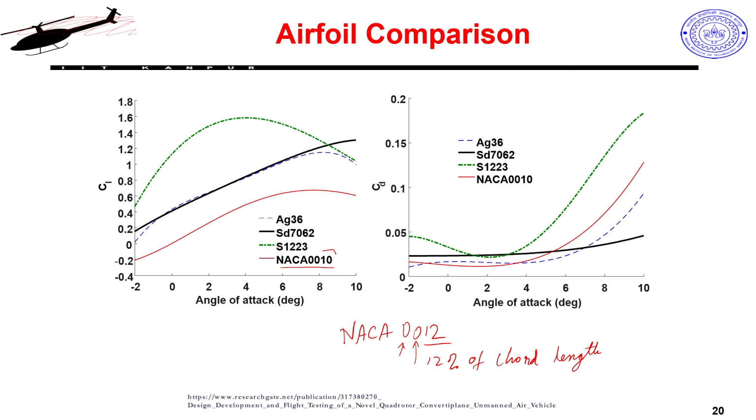The key thing to understand is that they have very different profiles, you can see. This one, S1223, is giving me crazy high values of lift even at a very moderate and small angle of attack. At 3 degrees it is giving me 1.5 CL, while other airfoils are taking more time to build up the lift. The blue and black ones, black is HD 7062 and blue is AG 36, are giving me higher values of lift. It is still not high enough compared to my S1223, only reaching say 1.2 or so, and that too at 6 or 8 degrees.